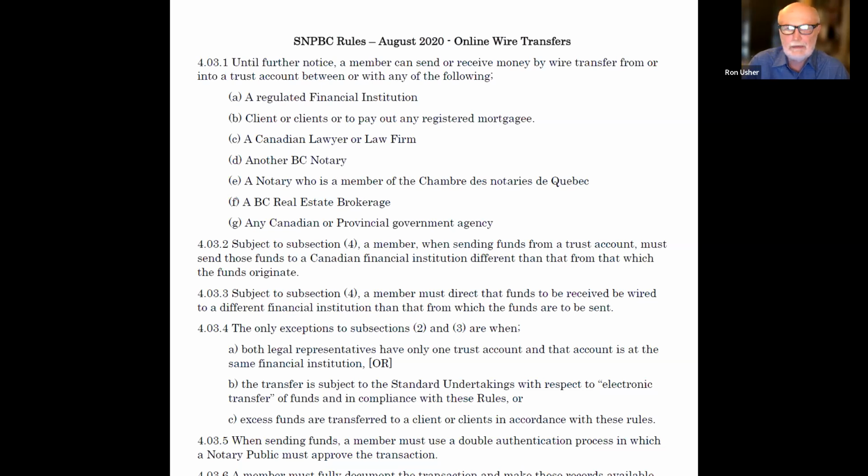I think my role here today is to put this in a bit of context for everyone and point you to the key documents you need to be familiar with as a notary when we're getting into doing these kinds of online or electronic transfers. And by this we mean, in a very general way, the exchange of money not using the check we've all become so used to.